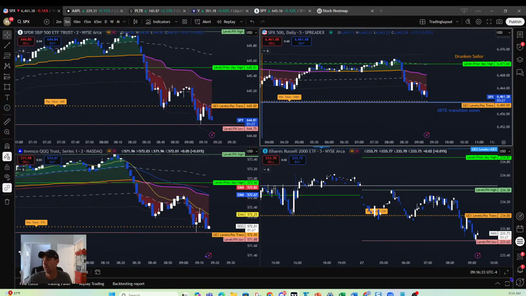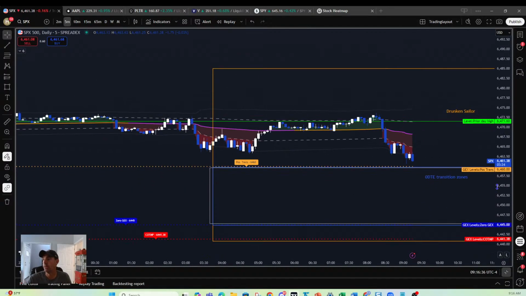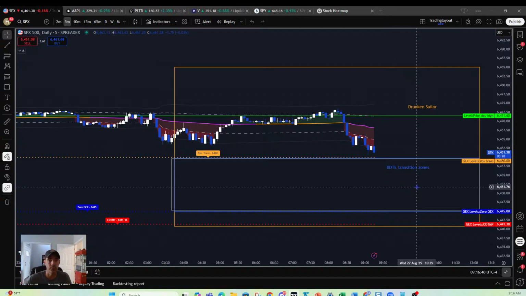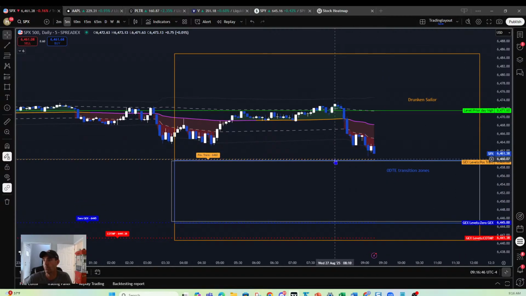Sorry, let's head over to our TradingView chart. So this is the SPX P spread X. This is obviously the projected open. I went ahead and put our drunken sailor range as well as our 0DT transition levels on that, so we can get an idea where we're at. Just pulling back to the overall transition area, P trans 64.60. This script is automated for our members, so you can download that, copy and paste into TradingView as well as Thinkorswim. So pull back to transition, obviously still would be bullish within the overall transition.